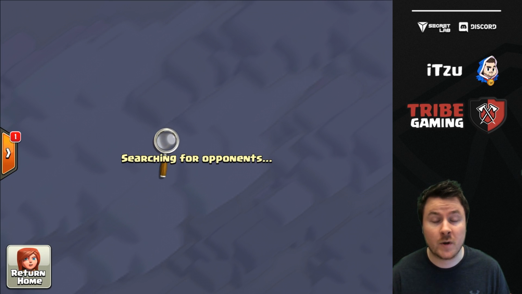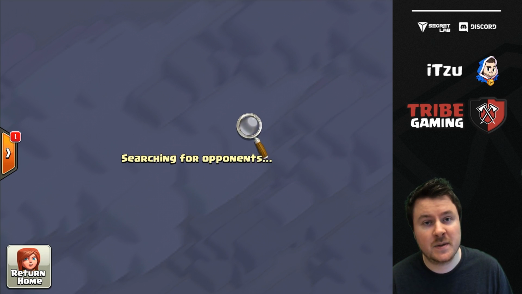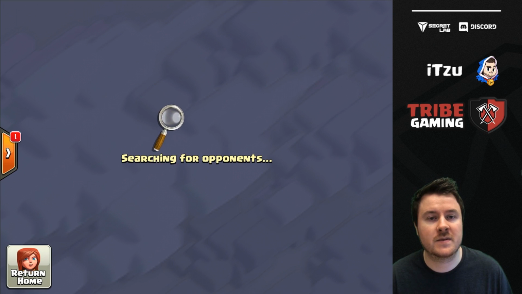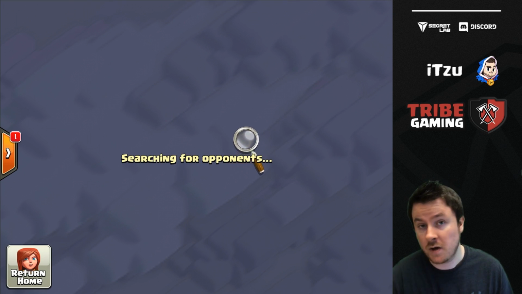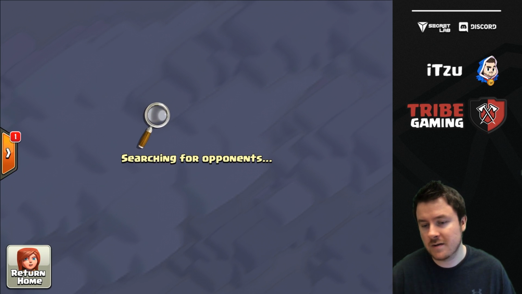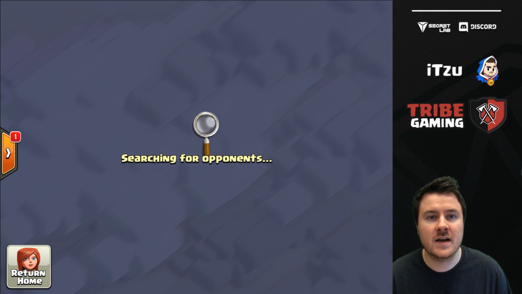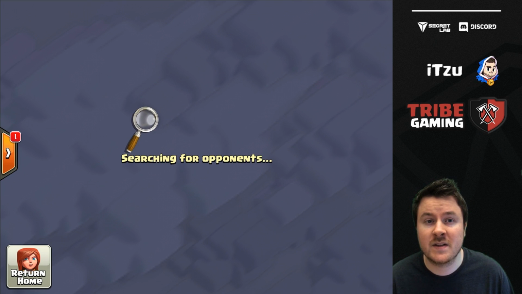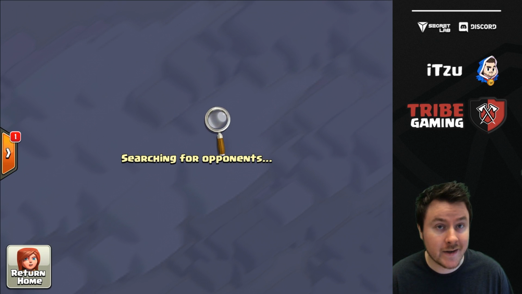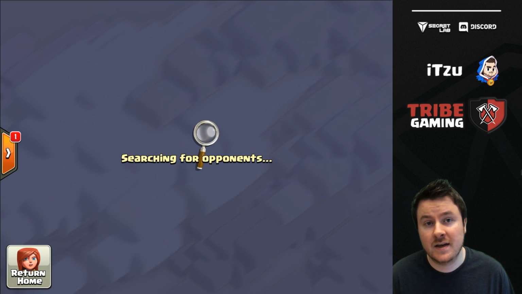But first off, we have to find a base, because this is a little bit annoying right now. The reason for having such long search times is that it's the holidays and it's Christmas, which means a lot of people are just trying to search for a couple of bases. So a lot of players are online, and not too many bases are up, and this takes quite long. So I think we should cut it over here and jump to the next